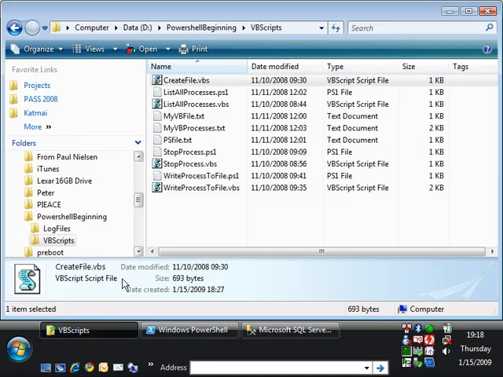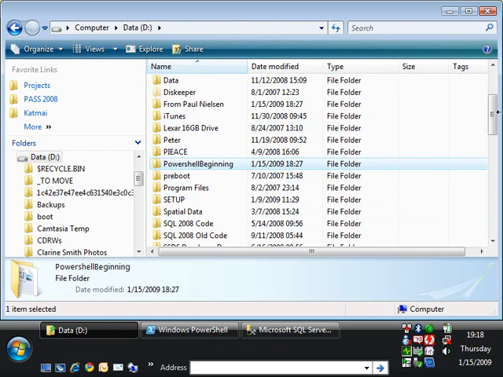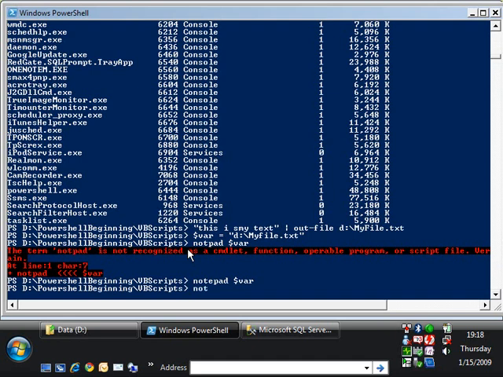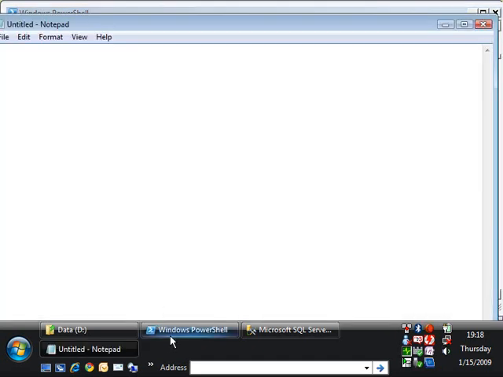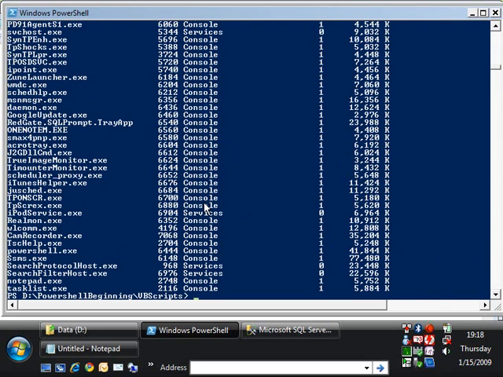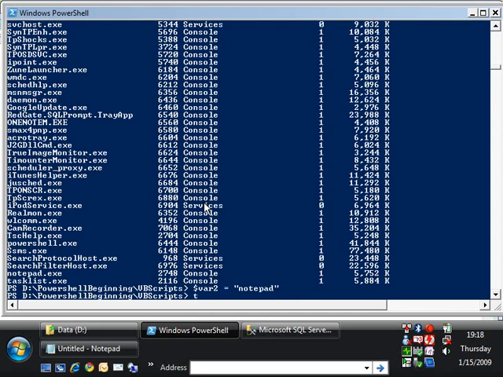I could do, let's say, this. Well, I'll just do this instead. Notepad. Okay, so I got Notepad started. And let's say I wanted to do a task list. Okay, fine. But let's say I want to, let's see, what do I want to do? Here's what I'll do. I'll say var2 equals Notepad, and then I'll say